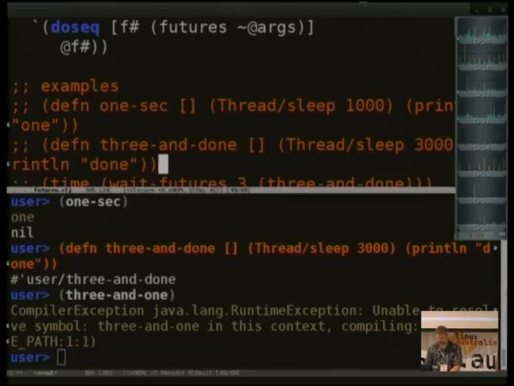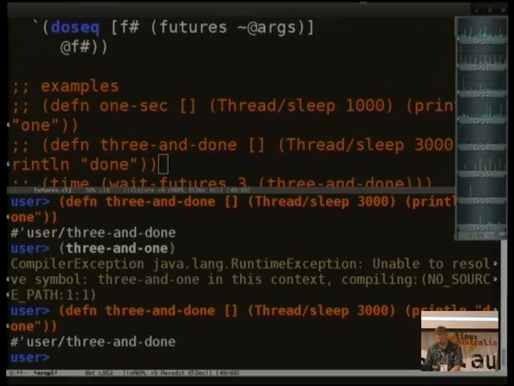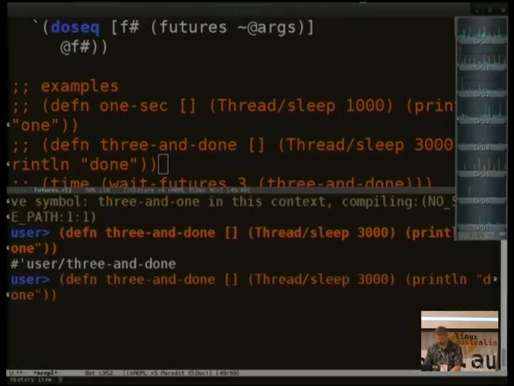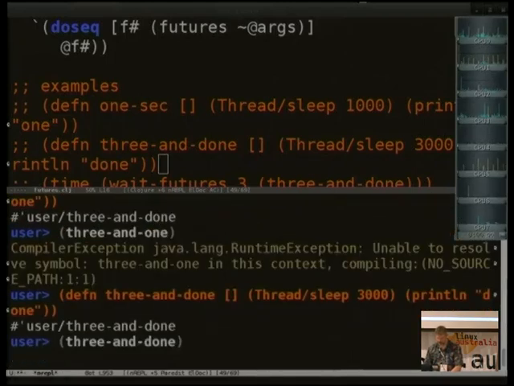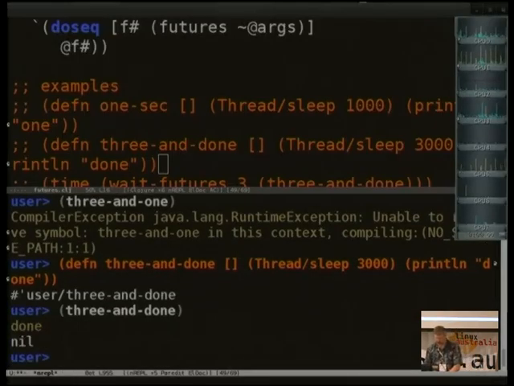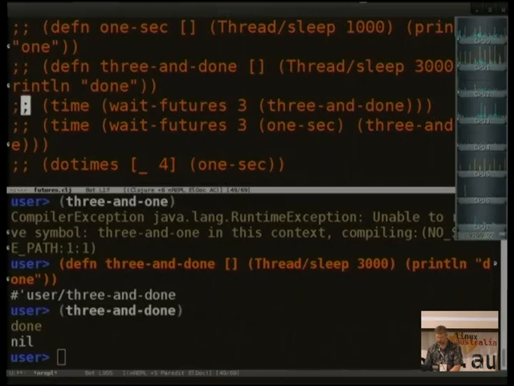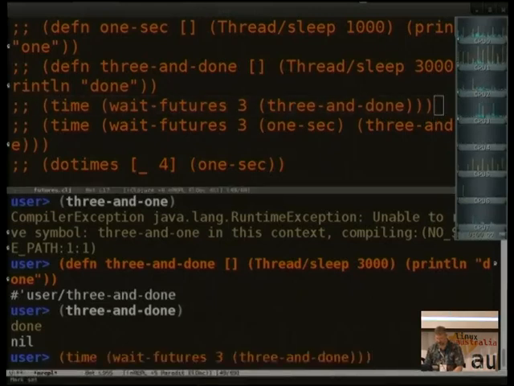And I did something wrong. Oh, 3 and done. Yes, thank you. There. 3 seconds, done. Okay, so now what I'm going to do is I'm going to start 3